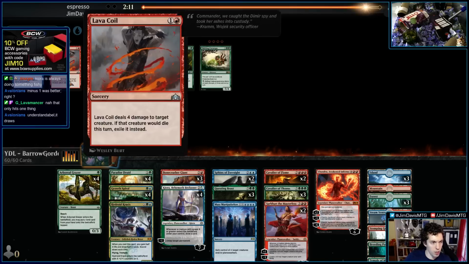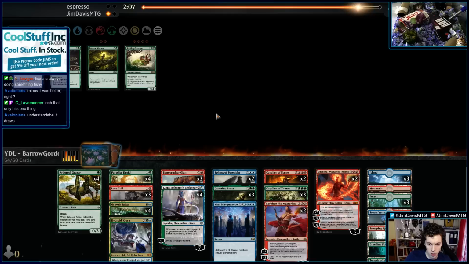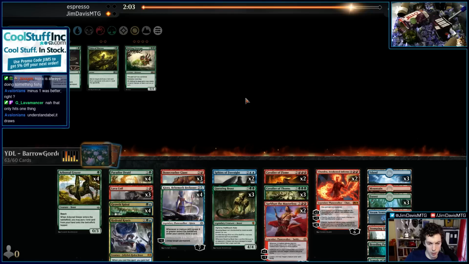We're going to want our Lava Coils. And honestly, probably the other Chandra. I would say we are not interested in Mass Manipulation. And then we are not interested in...